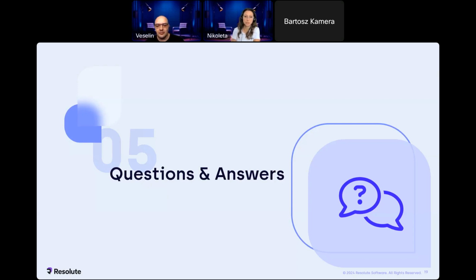Next one would be, can MOVEit integrate with existing applications? Yes, it can, with REST API. It depends on the application, of course. But for example, I can give some examples: SAP, Enterprise Product, OneDrive. So it can, maybe with some limitations, but it can integrate.